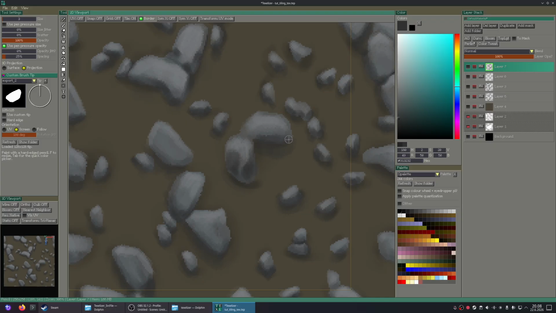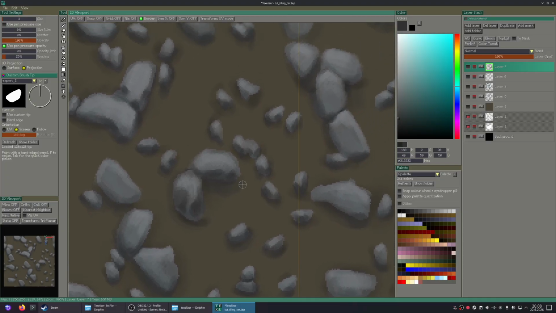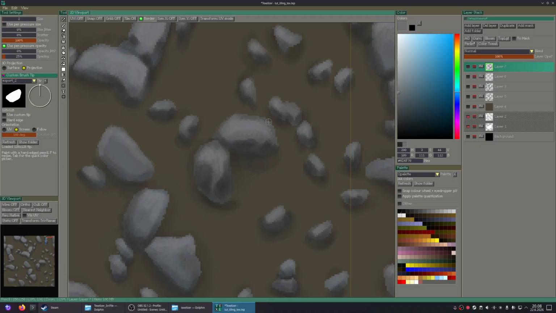How do rocks work? Maybe there could be a shadow. One shadow there as well. Some highlights were added.